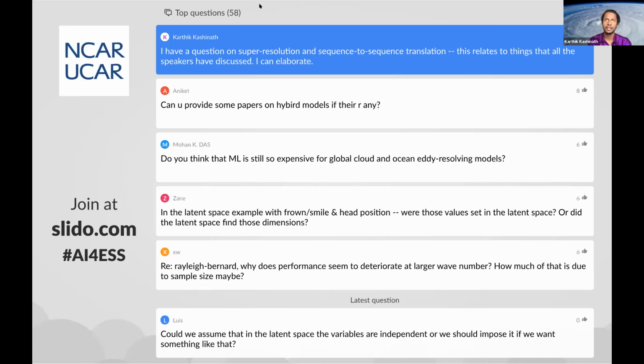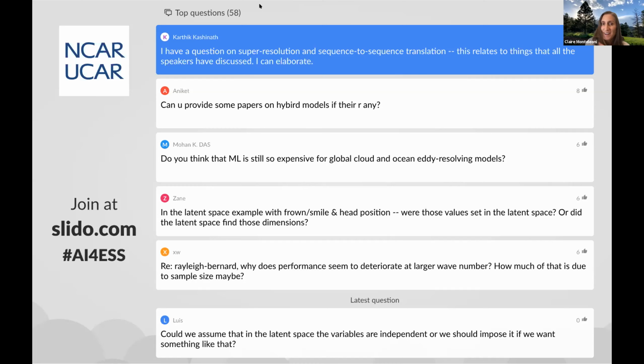Because ultimately, if we were to run a low resolution model and a high resolution model, they diverge because they have different physics, different dynamics. But the goal is that we want to run a low resolution model and somehow use super resolution to create the high resolution counterpart, which has the right physics and the right dynamics. So how do we go about doing that?